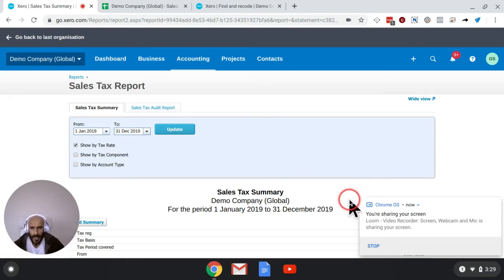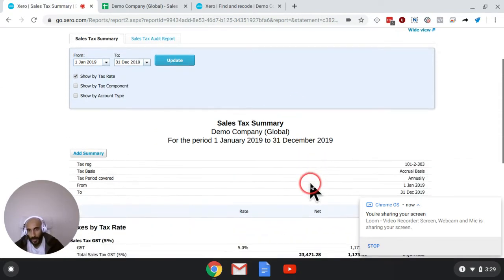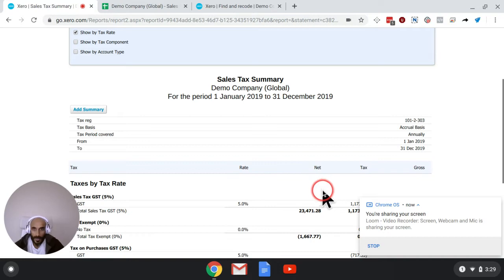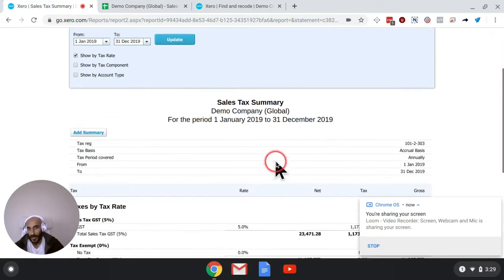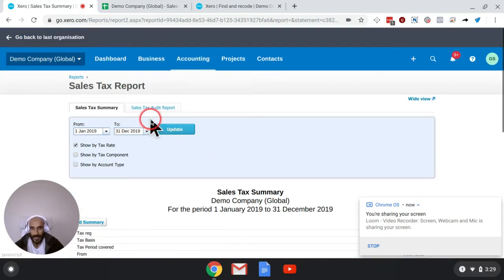Okay, so you somehow managed to get your accounting, your bookkeeping done, and you're about to file sales tax. Well, how do you, the business owner, exactly know if your sales tax is being reported correctly? I'm going to walk you through this one piece. It's a very crucial piece of report that you need when filing sales tax. It's called the sales tax summary and the sales tax audit report.